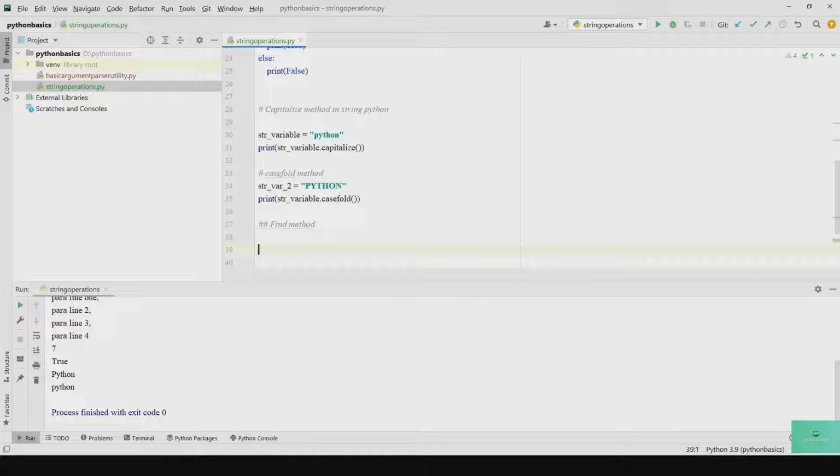It searches for the word and then it returns the index of the start of the word, right? So what happens is, if the word is not found in the string or a sentence, then it returns -1, right? So what we will do is, we'll take a string sentence,